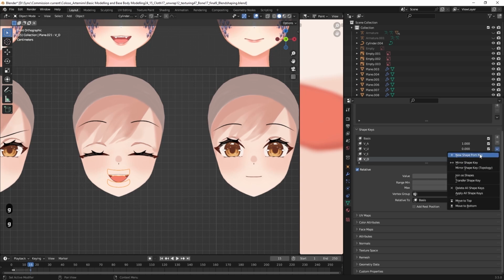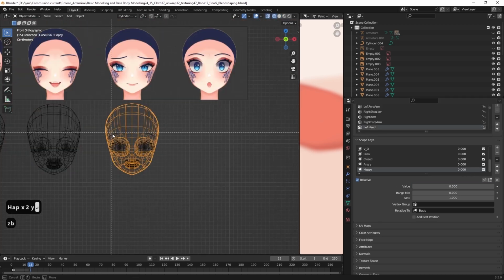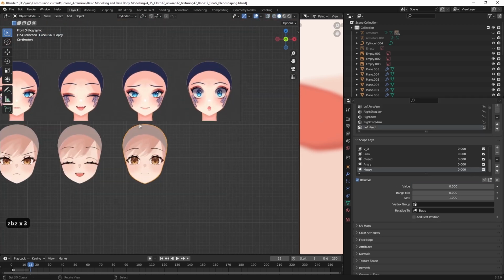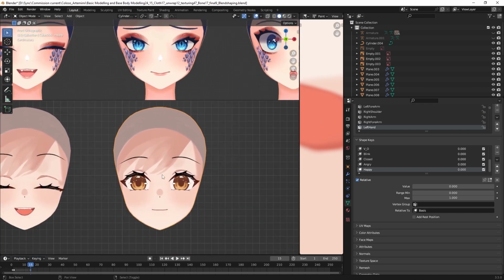So for these things we're gonna use shape from and call it happy and make it like this. Okay, cool.